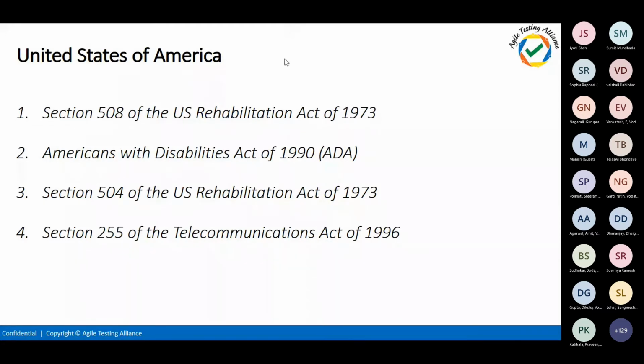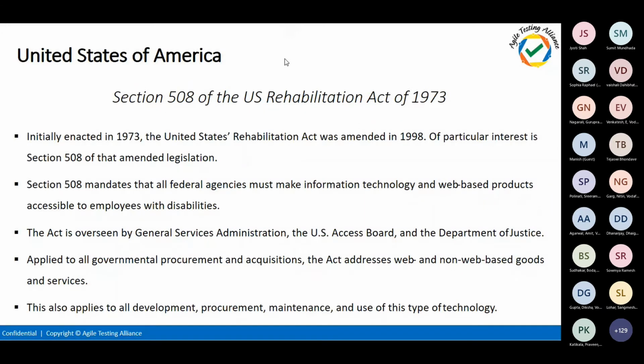Section 508 is related to the federal agencies, and this act is also for the General Services Administration. It applies to all government-based websites and also to non-government websites, including goods and accessories websites. Whenever the website is in development, maintenance, or any other stage, these laws will be applicable. Even if your website is under maintenance, you should put up a notice that we are trying to improve the accessibility and have put it on hold.